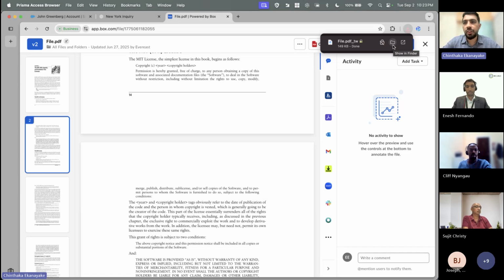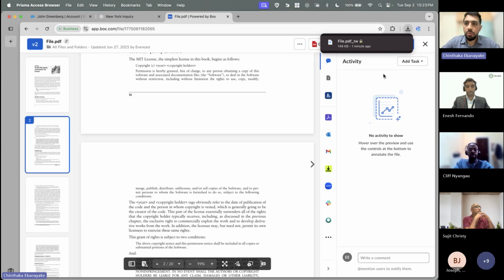Now let's say there is a file that is being downloaded, where the file can be uploaded, where the file can be used. For example, if I want to use this particular file in O365, maybe Outlook email of my enterprise instance, I'll allow you to upload that and use that. But beyond that, be it ChatGPT or something, if I want to upload that, I will not allow you to do that. So this gives complete control of your files that are being downloaded and where you can upload and all of that.